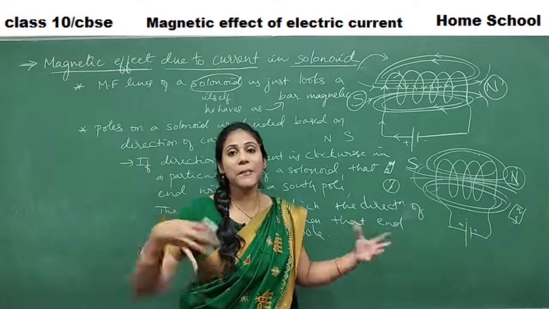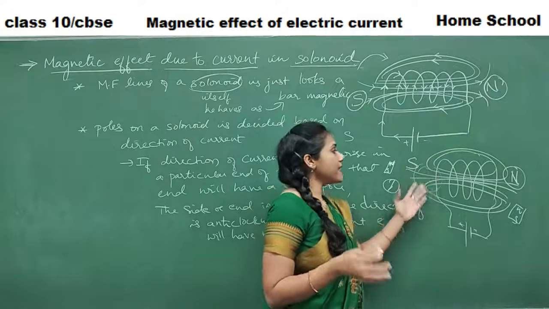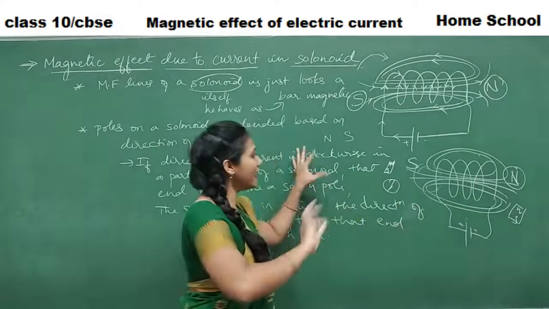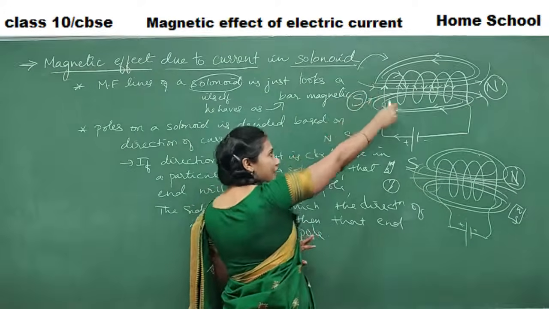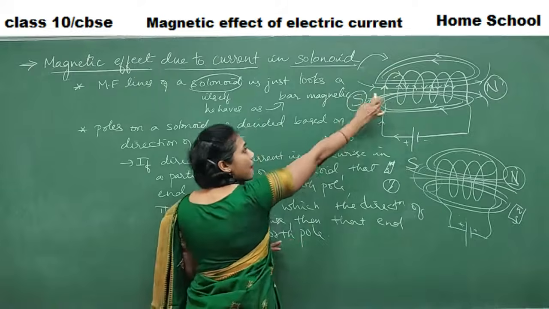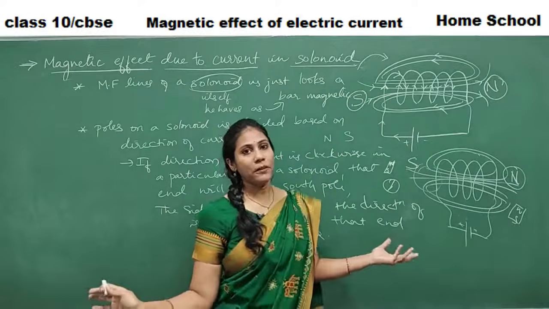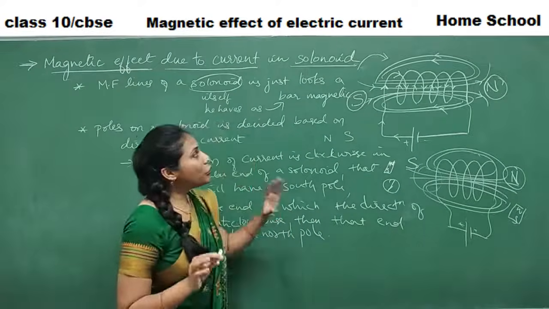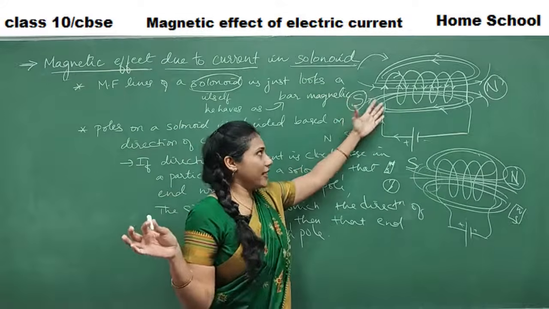So experimentally we can decide which pole is a south, which pole is a north in case of a solenoid. But actually the theoretical concept is this, guys. If the direction of current is clockwise from a particular side, you know that side is south and the other side will be north. Got it? So here I gave an idea about the core concept, like how you decide south and north based on the direction of current.